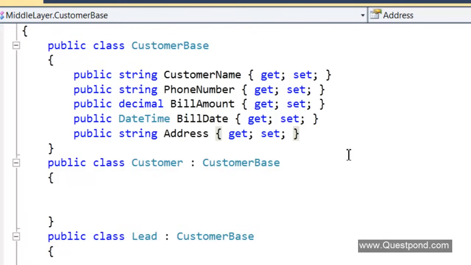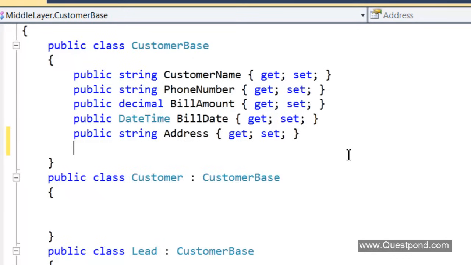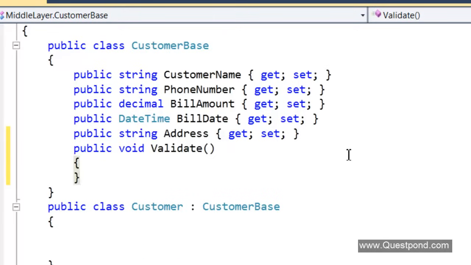So in the customer base, let me define a method called validate, right? This method will help to validate a customer, but this method would be overridden by the customer and the lead as per their requirement, right?